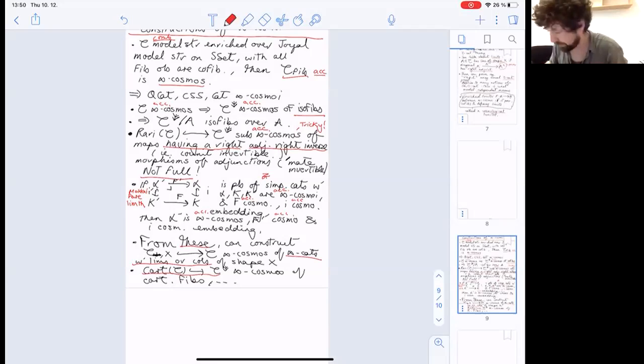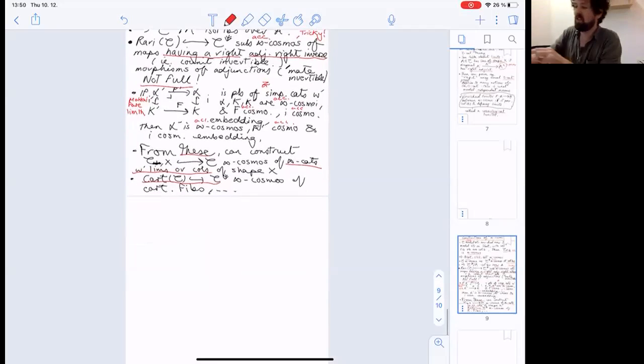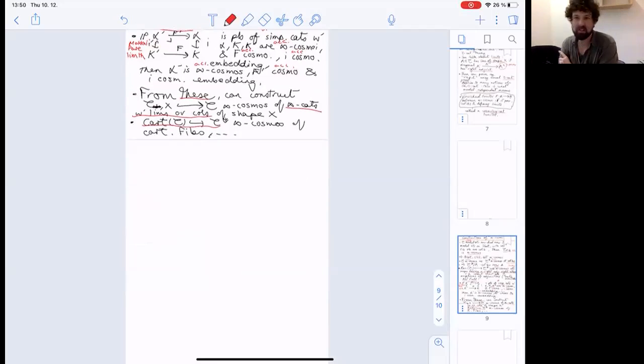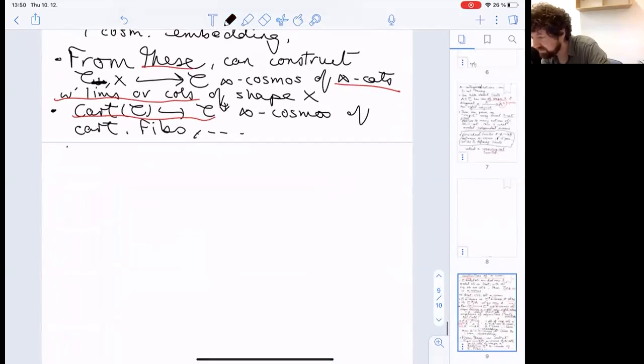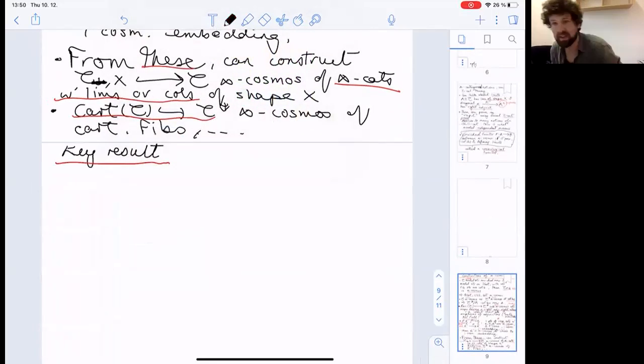Let me see how much I've got left. So I don't have too much left. I might go on to 5 or 10 past, so I apologize for that. But I'd feel a little bit bad since Emily came and sort of about and Dominic's stuff, I should try and explain at least one bit of the proof.